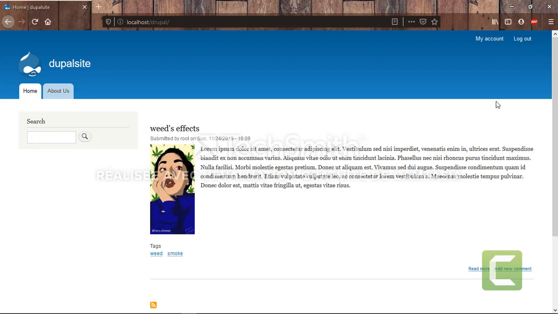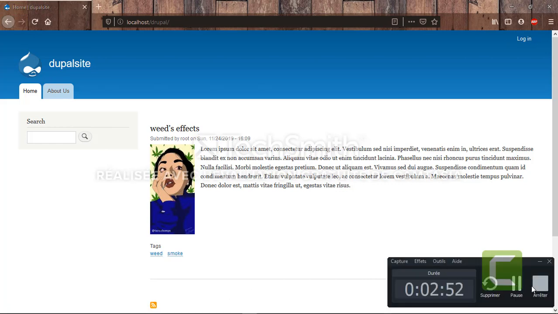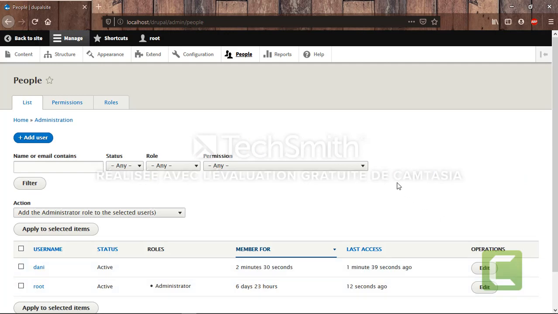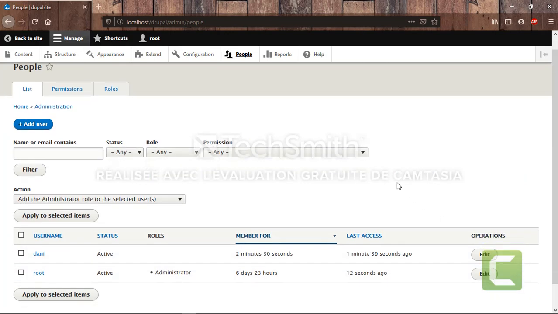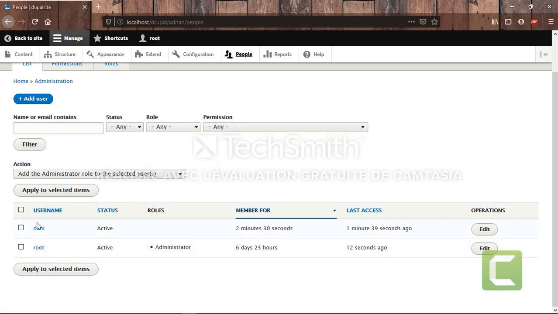So now that we see the difference, I can log out and then log in again as root. I am connected again as root, and here we can see the list of users I have on my site and the last access and how much time this user has been a member of my site.